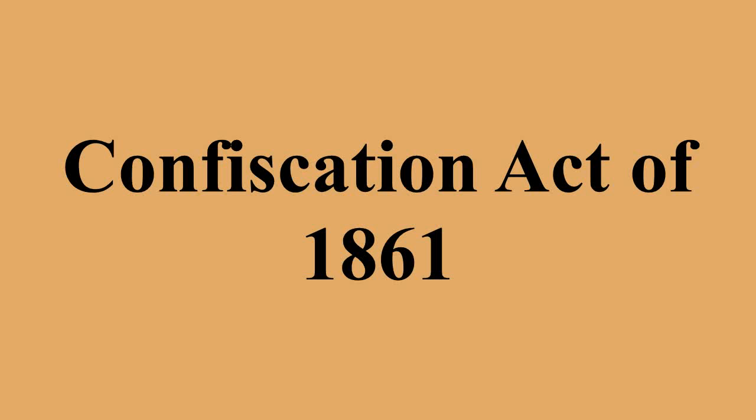Be it enacted by the Senate and House of Representatives of the United States of America in Congress assembled, that if, during the present or any future insurrection against the government of the United States, after the President of the United States shall have declared, by proclamation, that the laws of the United States are opposed, and the execution thereof obstructed by combinations too powerful to be suppressed by the ordinary course of judicial proceedings, or by the power vested in the marshals by law, any person or persons, his, her, or their agent, attorney, or employer, shall purchase or acquire, sell or give any property of whatsoever kind or description, with intent to use or employ the same,